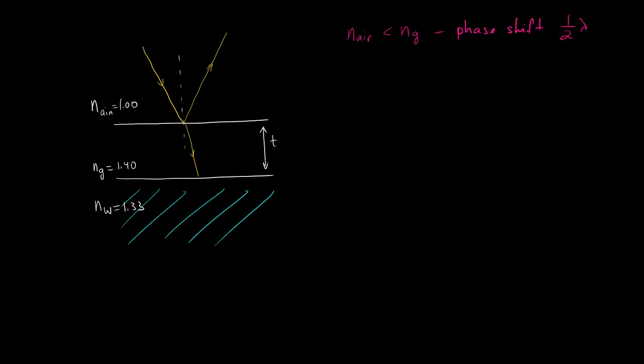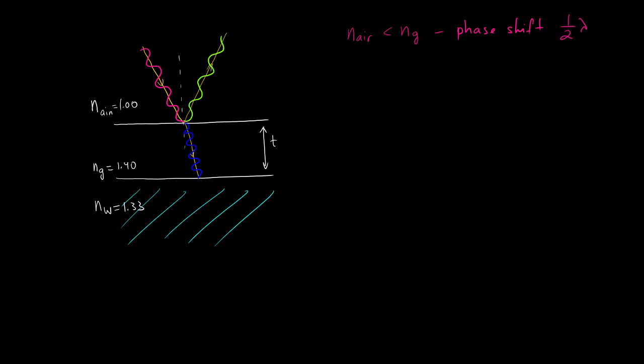So which means if the incident ray is going this way, we will get a reflected ray. Let me use a different color here. So it will undergo a phase change. Okay, and then let's take a look at what happens to the transmitted ray. The transmitted ray is going to continue and it's going to meet the